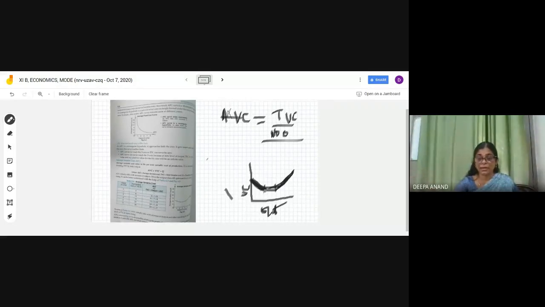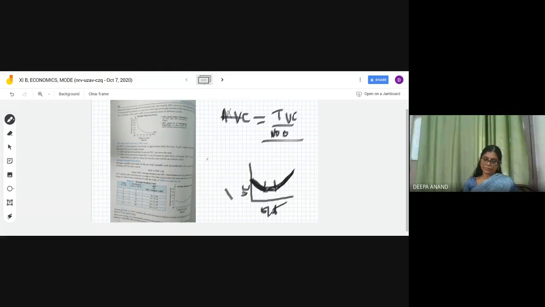Here you are taking maximum advantage of the fixed factors, so there will be less burden on the variable factors, so the variable cost will come down and become constant. And after this optimum level, we won't get optimum utilization of fixed factors. Then again, there will be an increase in the average variable cost. That is why it is U-shaped.